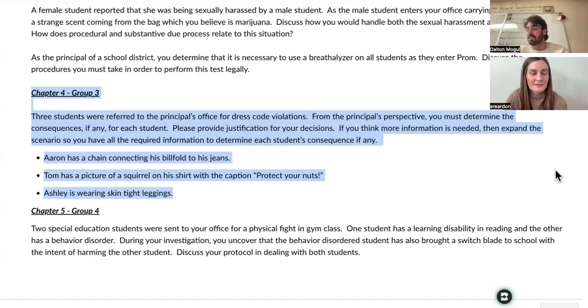I guess what I started with, as I was reading through, I was figuring out, so what is the reasoning behind the dress code policy? What does the violation have to be? And you kind of hit on it, like safety, right? So for the most part, if we're talking about being in a public education setting, the policy is probably going to focus on safety. At the schools I've been at, that's really what it comes down to.